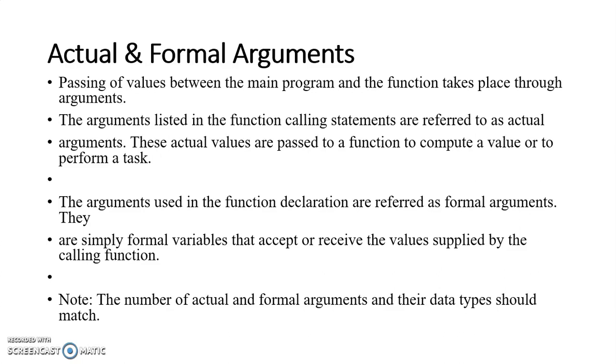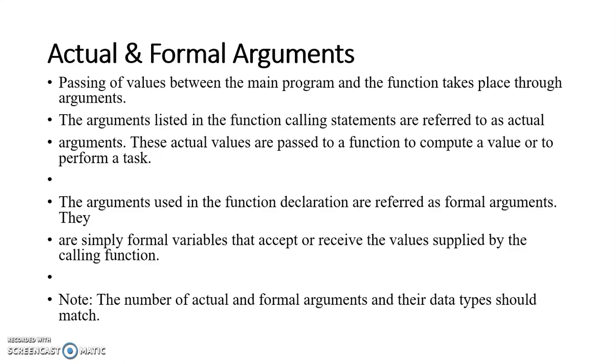So these are the formal parameters, not the actual parameters. Actual parameters are those in the main function. We take them from the user and assign them in the function call. After the function call, your control will transfer to the actual function written outside the void main function. So that function is called inside the void main function. So these are the formal and the actual parameters.